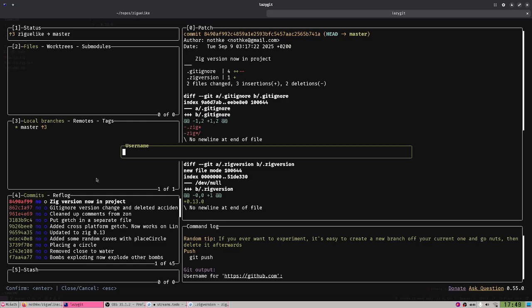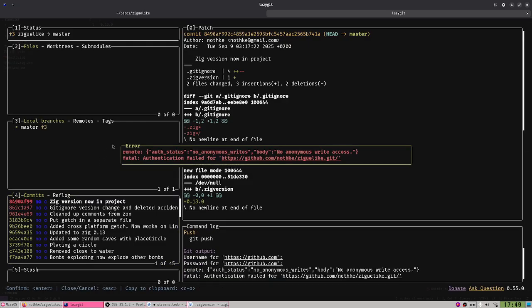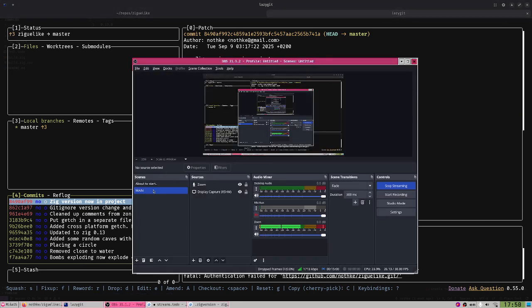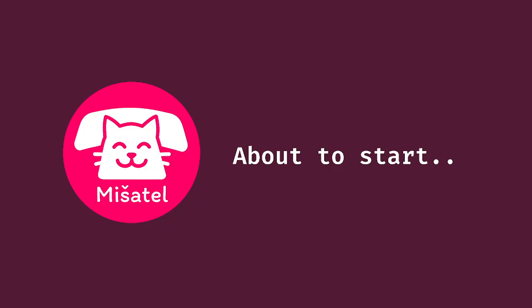Yeah, so because I built recently, I can probably push this as well. Oh no, it's asking. Oh no, I need to set up the remote. Oh shit. Okay, well, let me do that. It is kind of annoying, but for some reason, every time GitHub gets disconnected, and I don't know exactly why.